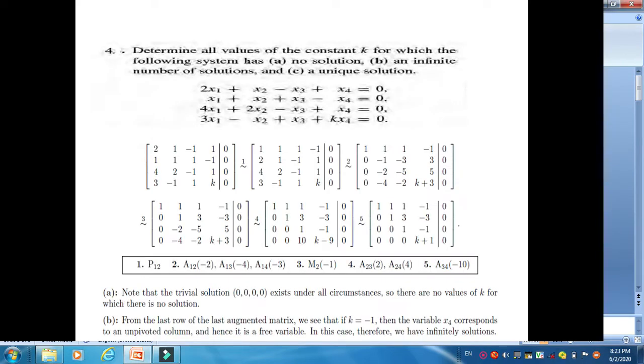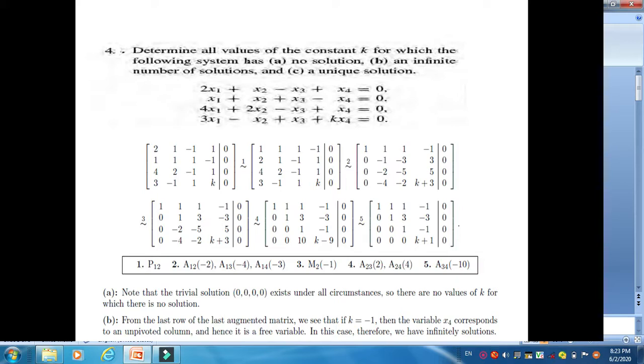Next example: determine all values of the constant k for which the following system has no solution, has an infinite number of solutions, has a unique solution. So you may find the values of k by using the lemma we have learned in lecture number 4. So first we have to find the ref